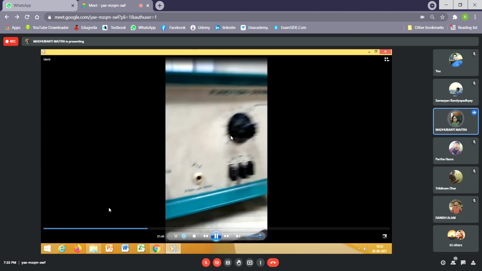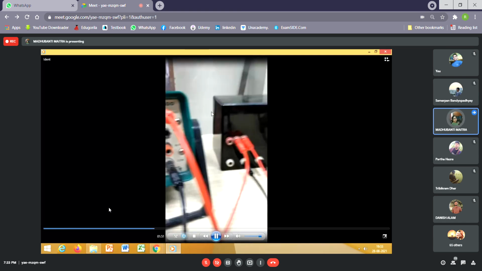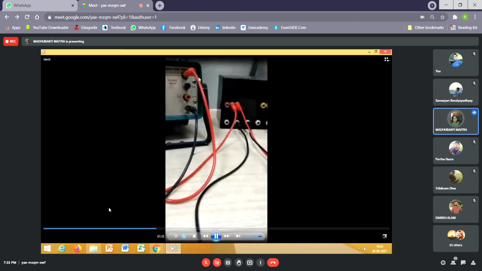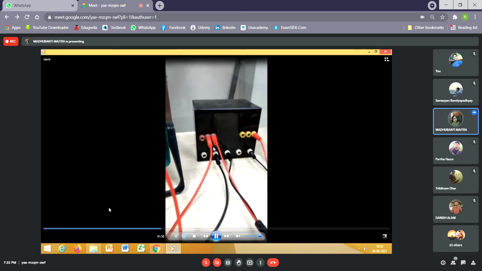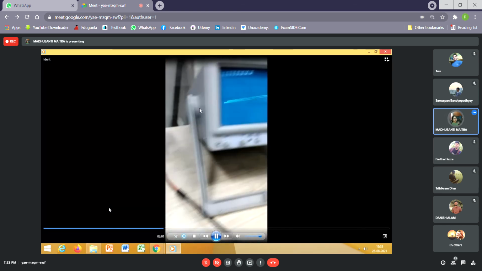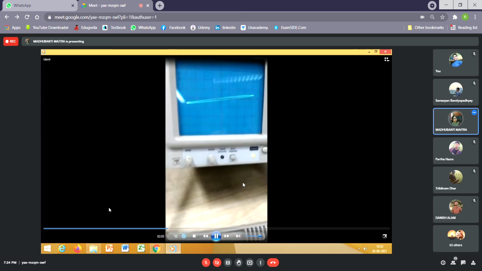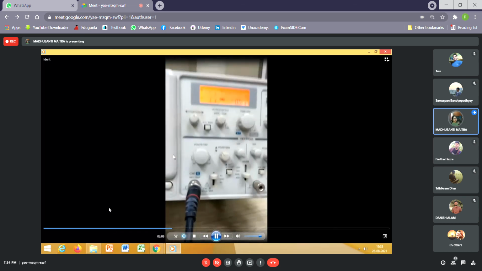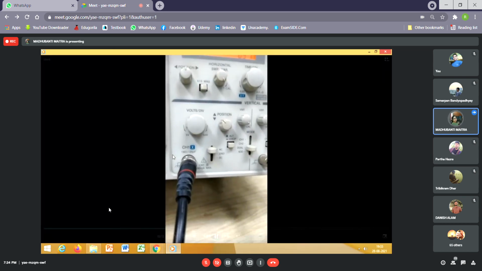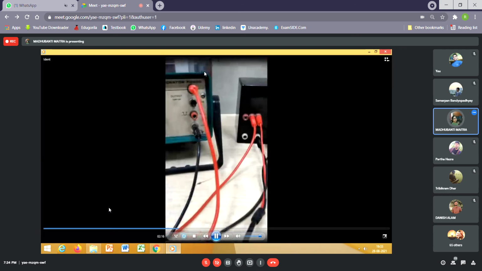This is the sinusoid, so we'll have to press this button as well. With the help of this knob, we can fix the peak to peak amplitude of the sinusoidal signal. We have taken the output from the AFO and given that sinusoidal signal to the input of this system. The output has been connected to the Y channel. The nature of the ellipse suggests that we have set a very low frequency. And this is the Lissajous figure.